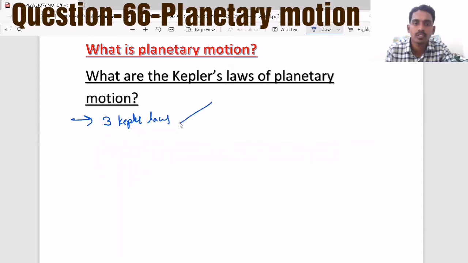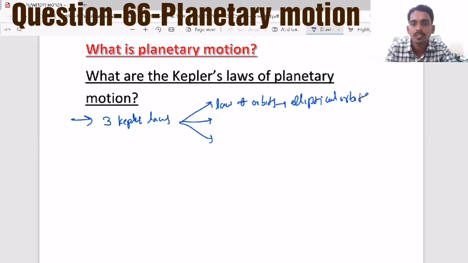About the planetary motion. One is the law of orbits, which says all planets revolve in elliptical orbits around the sun, as the sun is at one of its foci. And the second one is the law of